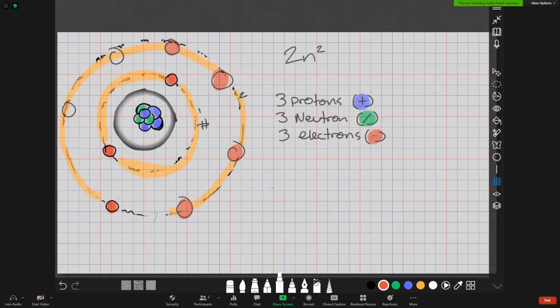And it's these gaps here, these potential homes for the electrons, that allow some materials to conduct or be mediums for the movement of electrons or electricity better than others.